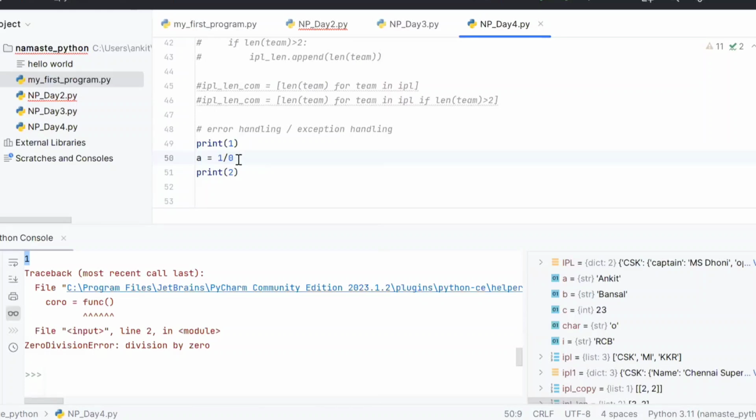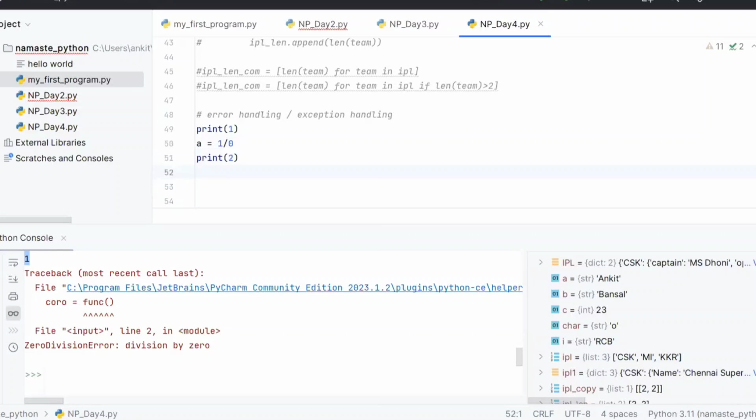In that, if there is some error coming, we can catch it somewhere and take some action based on that. So our program will continue to run. There will not be any fatal error, but we know that some exception has come and we can take some action based on that. Okay, so how to do it? So let's do it. For that, we have to put our code in the try block. Okay, I will say try.